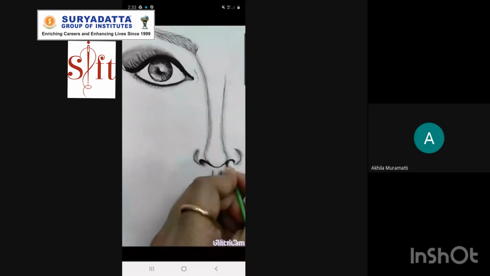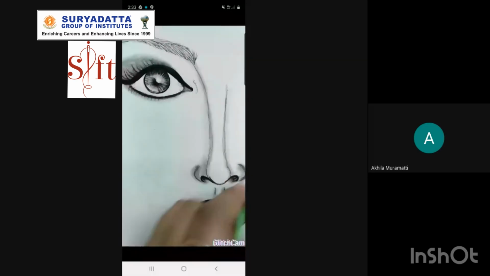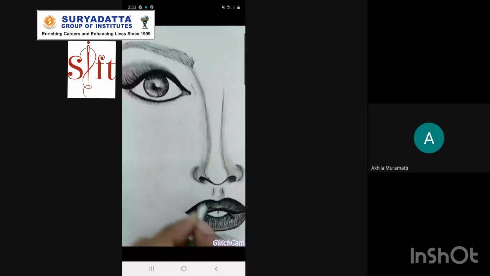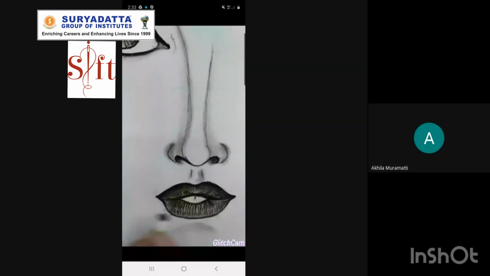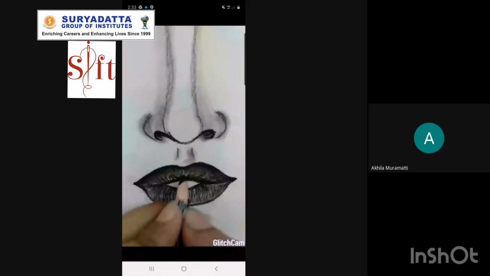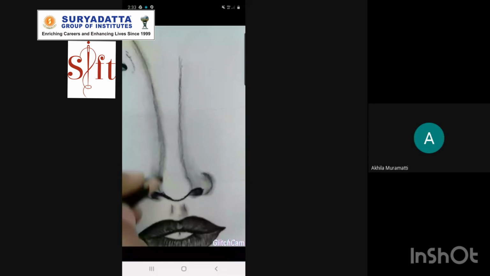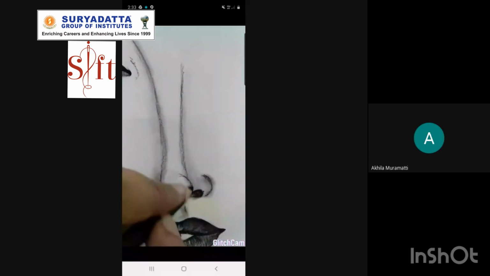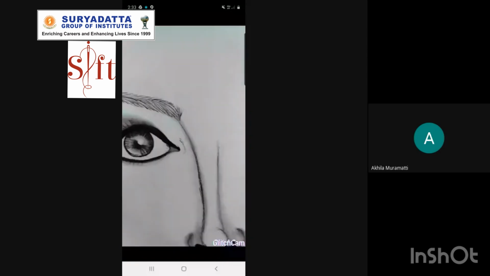Blend it again and again till you get it. As you can see here, I'm showing the slightly dark effect in the nostril area and also the nose portion, the edge of the nose.